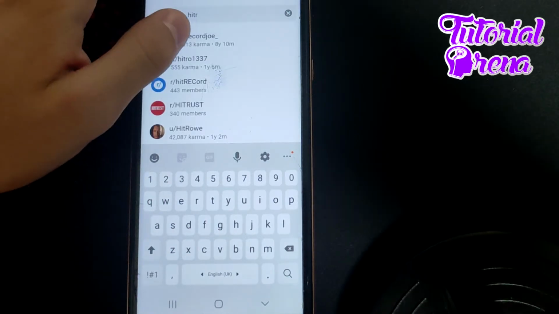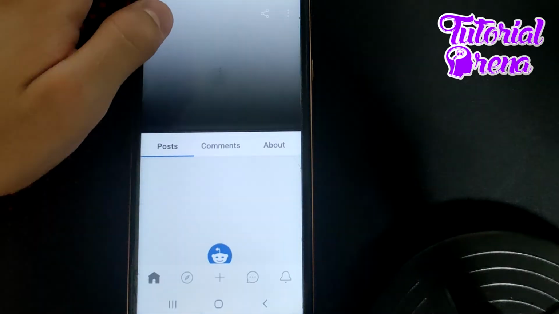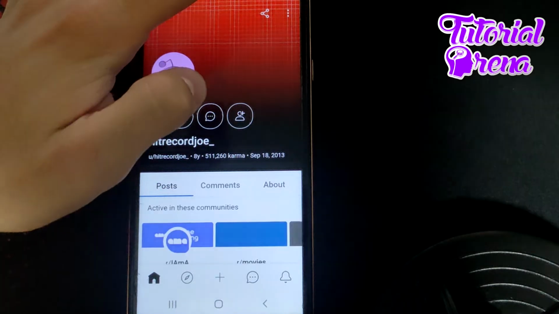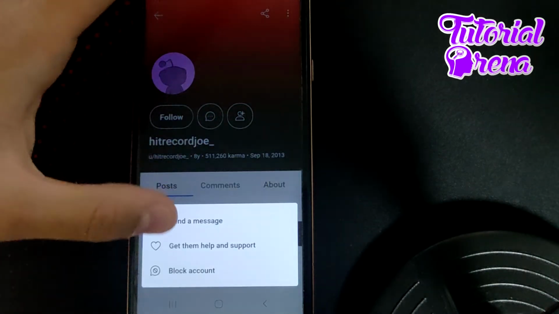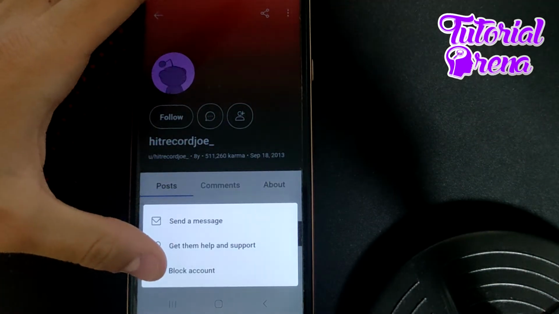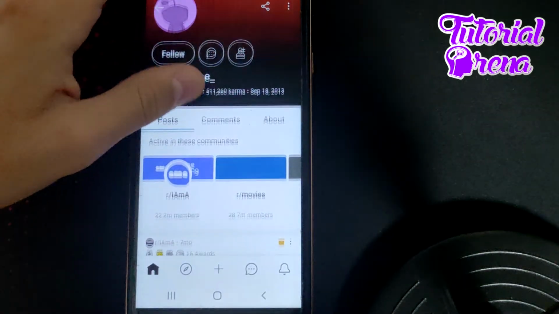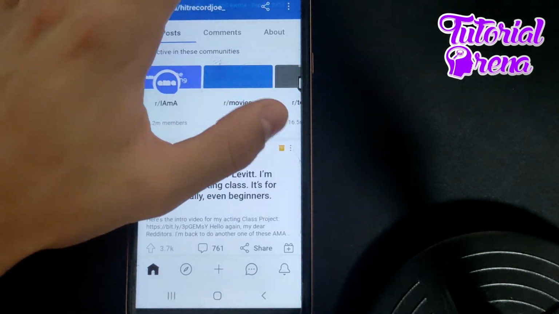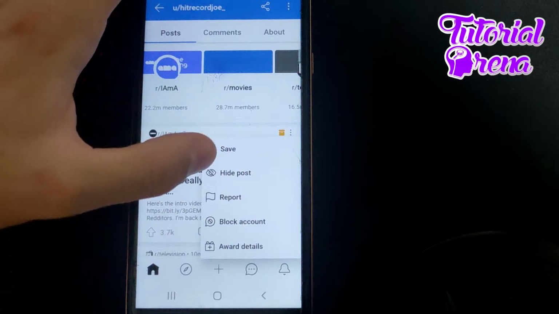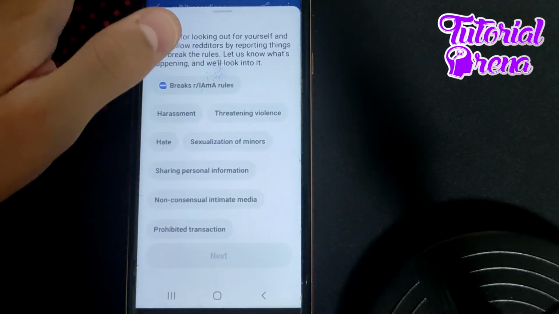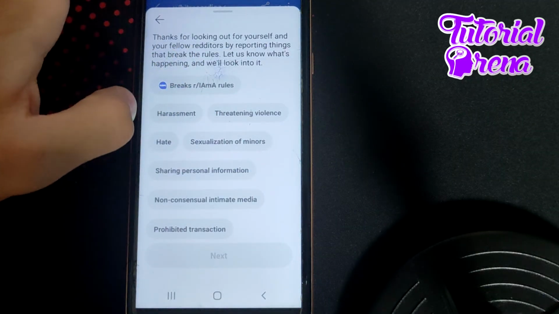and I'm going to find this person right here and simply go on the three dots right here, and as you can see you have the option, which will be block account, or as you scroll down on their posts you go on the three dots and you simply go report on the third selection, and you simply need to select